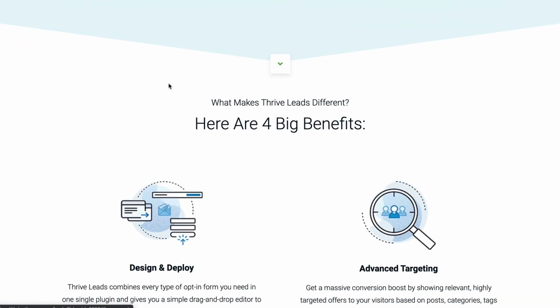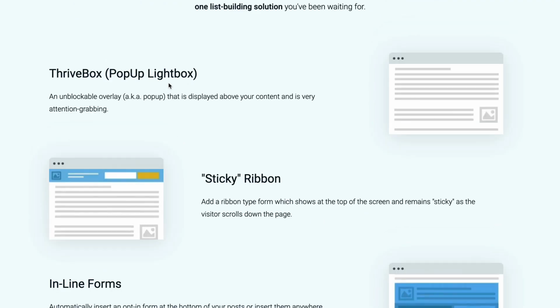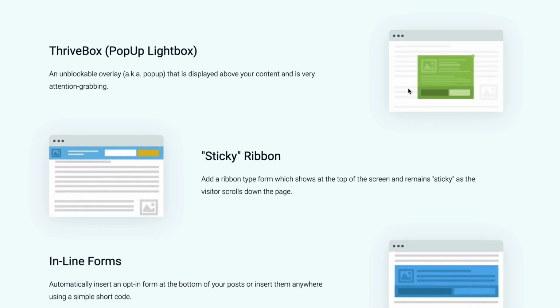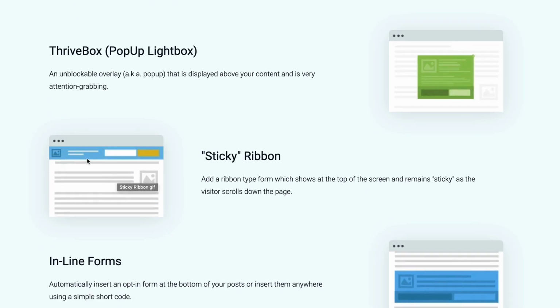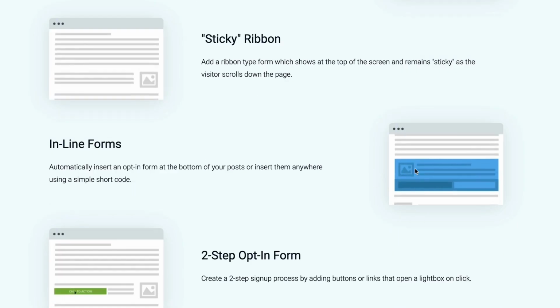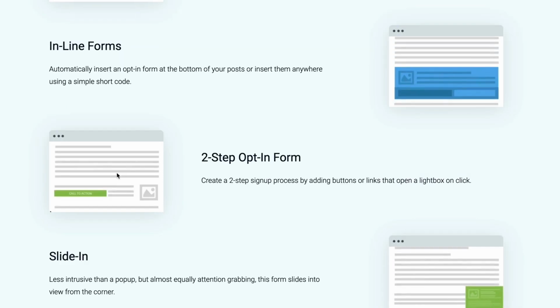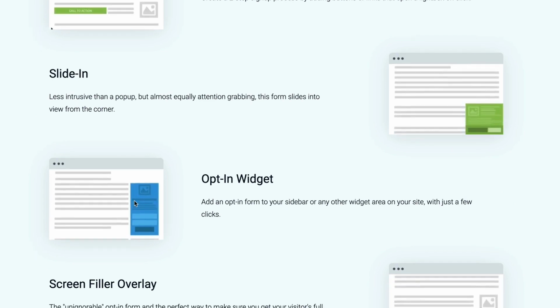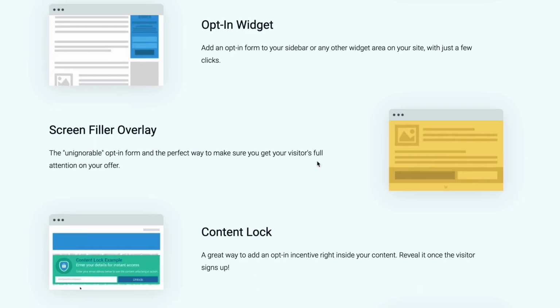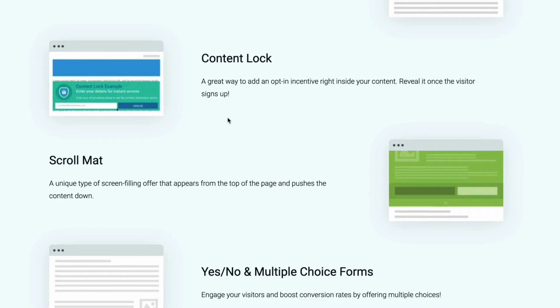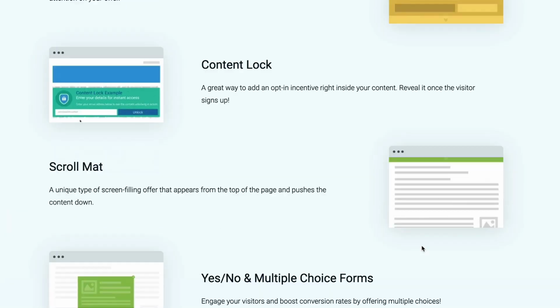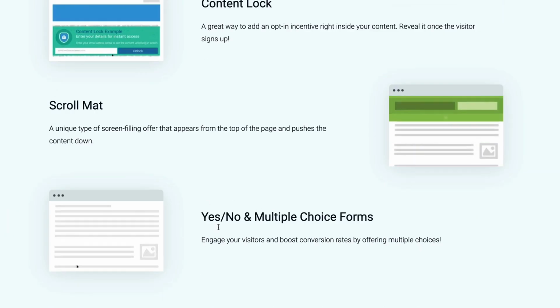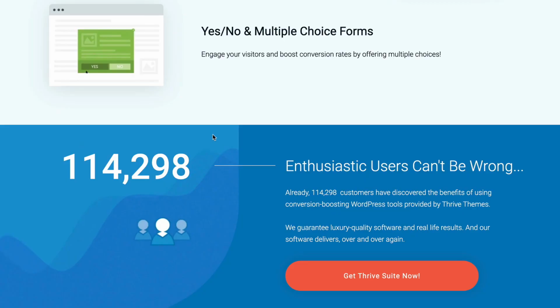Now, you do have to use tools if you want to do this properly. So with this particular platform, this plugin, you can do pop-up emails, you can do banners at the top, you can do banners in the content, you can do pop-ups in the middle of the page, you can do the corner ones like I just showed you, you can do ones on the sidebar, you can do full page pop-ups, you can do scroll mats, which are good, you can do all of these crazy things to collect emails.